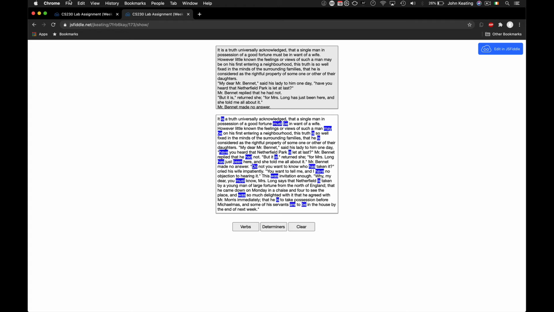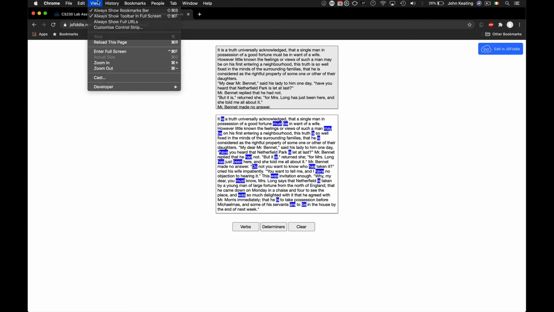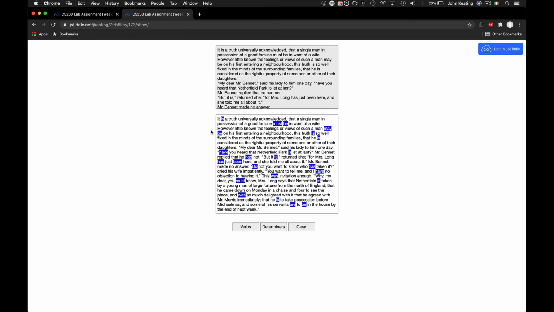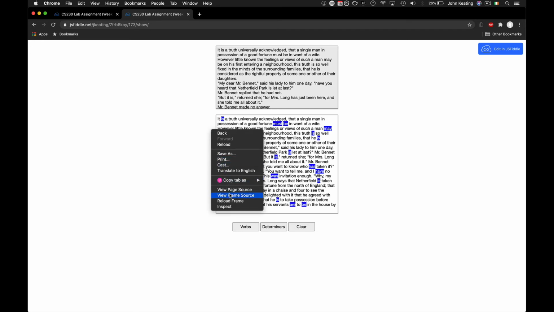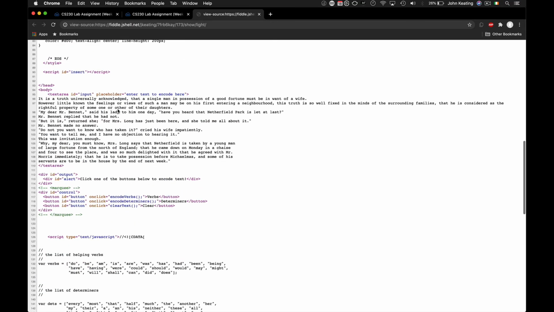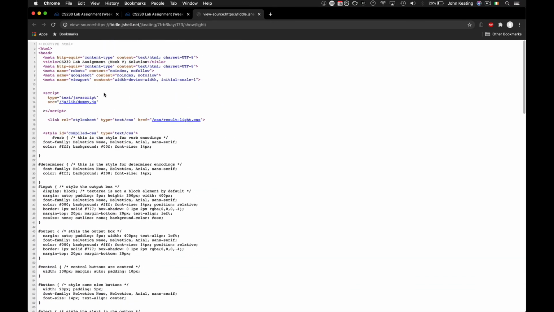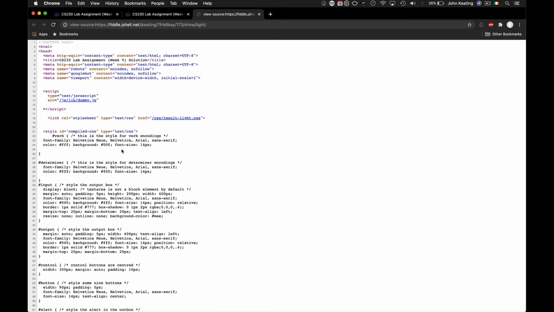Okay, so now what I want to do is look at the frame source again. So I right-clicked on the page and looked at the frame source. And here's the frame source, and it's the HTML that we like. You could save this file, but Chrome doesn't make it reader friendly. So I normally just